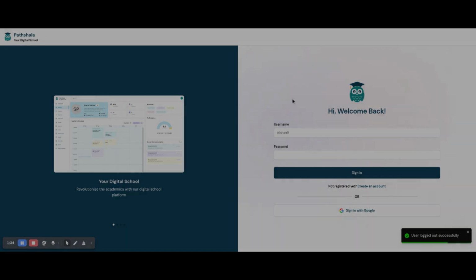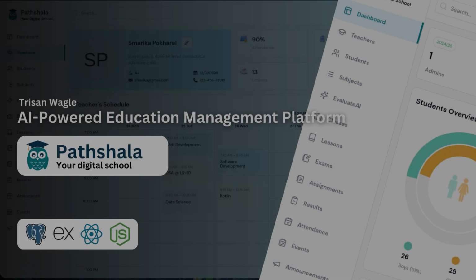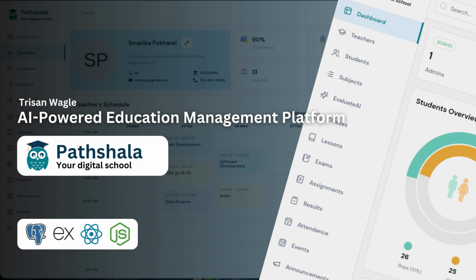That was all about Pathshala. In conclusion, Pathshala is a transformative and intelligent platform which is designed to streamline academic management and enhance the learning experience for all students, teachers, and administrators. By centralizing resources, automating workflows, and providing AI-driven insights, Pathshala addresses the inefficiencies of traditional systems, empowering institutions to focus